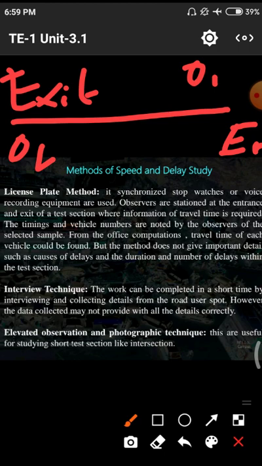Next one is the elevated observation by photographic techniques. That means this is useful for studying short test sections like intersections. That means this is only useful whenever there is an intersection. We need to use this